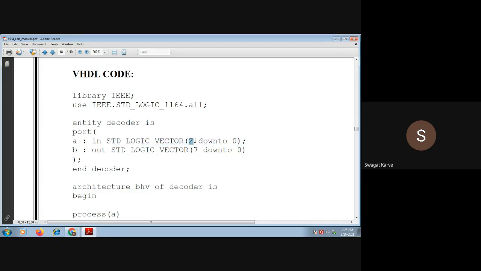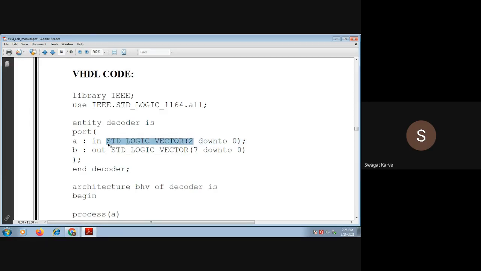And what rule did I tell you to define this vector? n minus 1 down to 0. And what is n? Number of bits. What is the number of bits we require? 3 bits. So n minus 1, 3 minus 1 will be 2 down to 0, right? 2 down to 0. This is the 3 bit. That means now after synthesizing this line, the compiler will understand, okay, A is 3-bit data as it is a standard logic vector type.